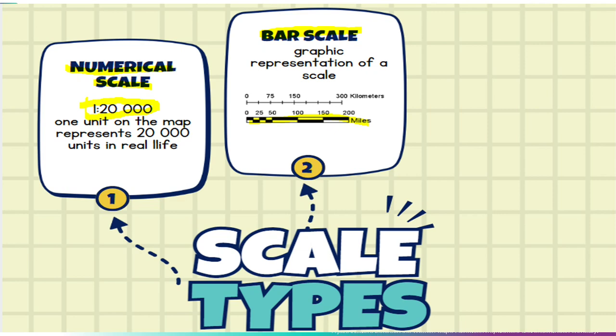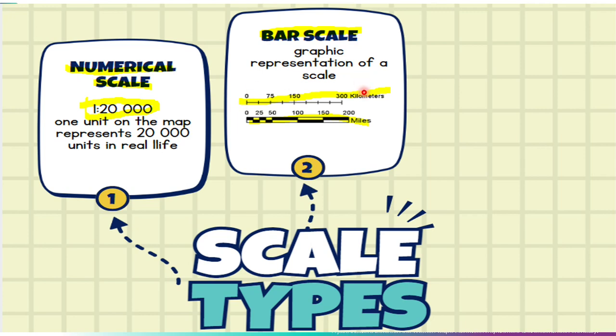This is a little bit more of a line scale, but it's still classified as a bar scale. Now, what I want to show you, while we are doing this, is the following. When you are working with a number scale, a numerical scale, or a ratio scale, the scale is already given to you, so you don't have to calculate anything or measure anything on the scale. However, when we get a bar scale, you will need to take your ruler and measure on the given scale